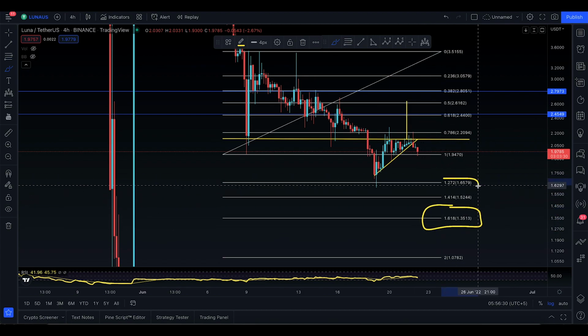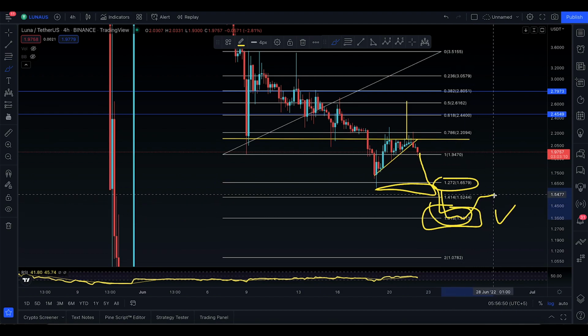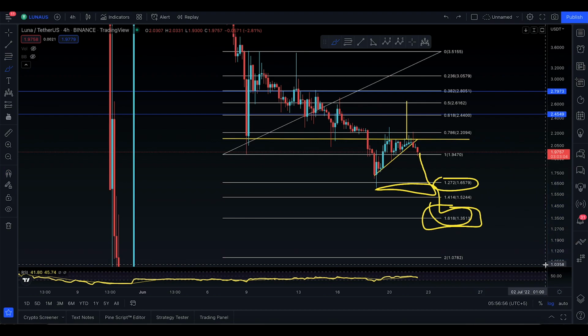What you did, look, you went to the 1.272. You might be looking to actually come down here, take out the stop loss again, and go to the 1.5 and all the way down to the 1.35. Now that would be an amazing entry again at the 1.35 here. I would expect a little bit of a bounce at the 1.35, maybe go to the 1.5244 again, and the 1.6 as well maybe, and then continue to go to the downside.